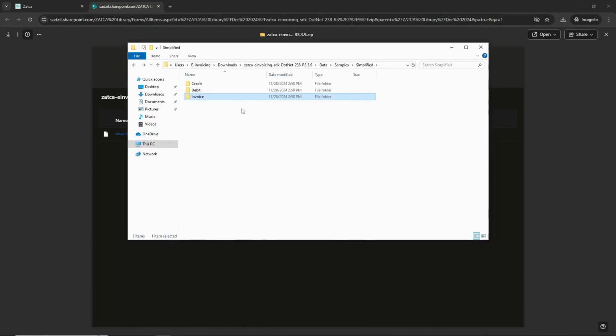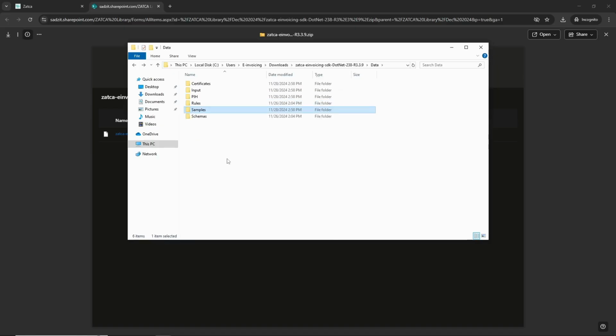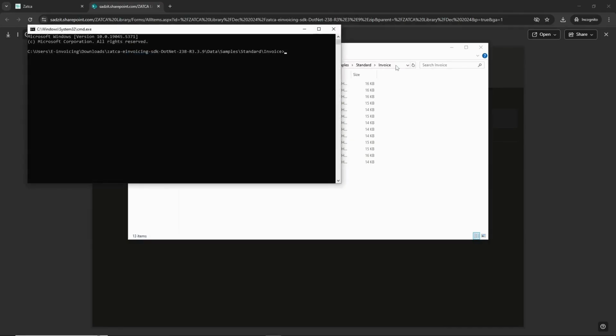So you can have those as a reference for you to see how the valid invoices look like with different scenarios such as export invoices, self-billing invoice, third-party billing invoice, etc. And it will help you to develop your system to generate valid and compliant invoices. And now let's run some simple commands to see what are the functions that may help you towards the integration